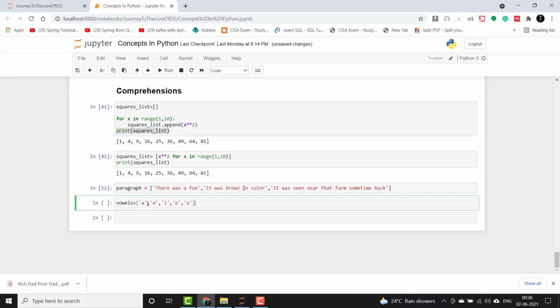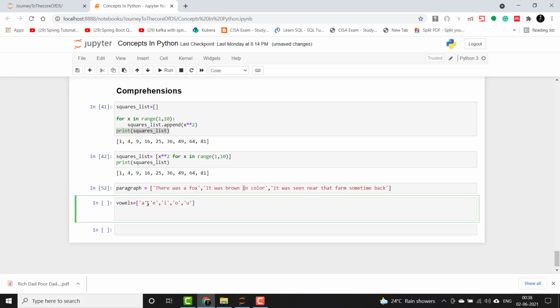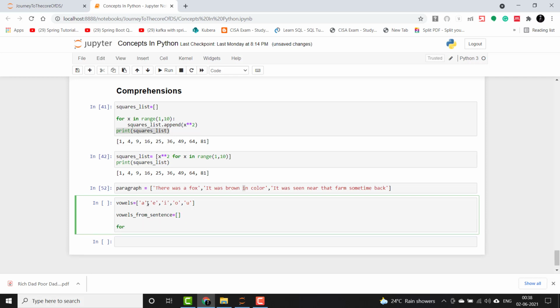Then we will create an empty list. Then we will iterate this paragraph, so it will return each of the sentences in it.